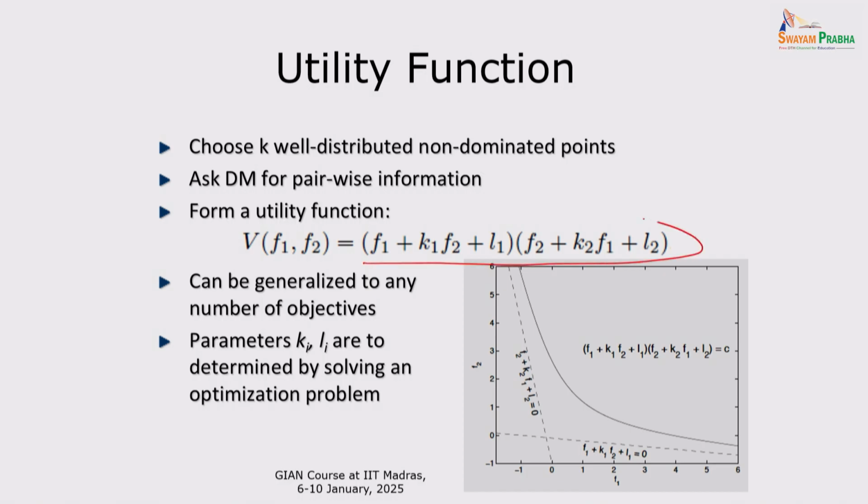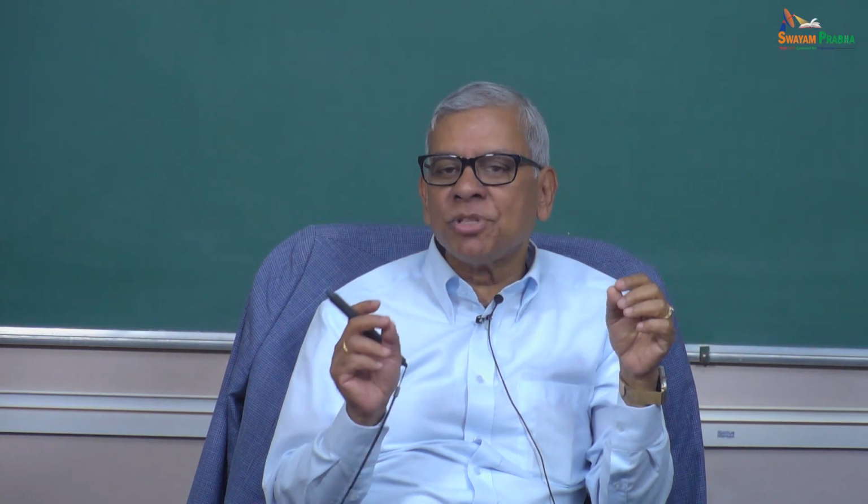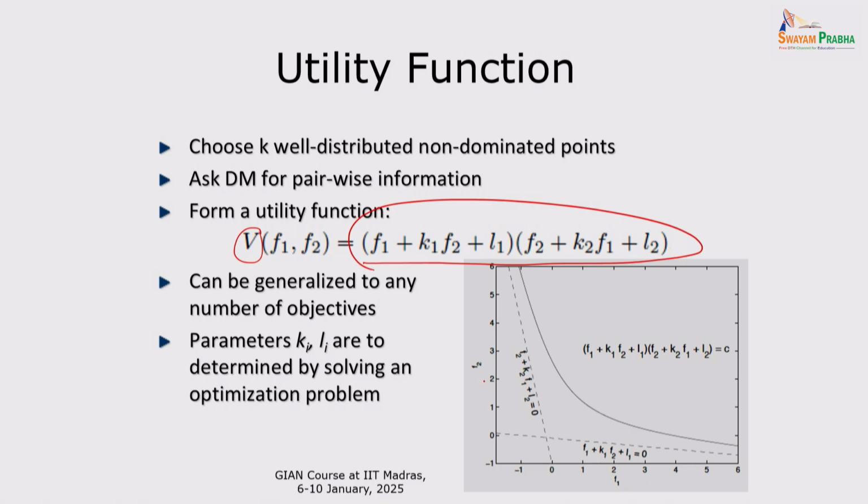This was our function for modeling the decision maker. We called it the utility function. These are now not functions of x, they are functions of the objective values. If I have two objective functions, I'm basically thinking of a contour of these functions here. So you see there are 4 unknowns in this function. From the information the decision maker provides, I am going to estimate these k1, k2, l1, l2 values. Now if you use another value function, you will have another set of parameters. How do we do that?